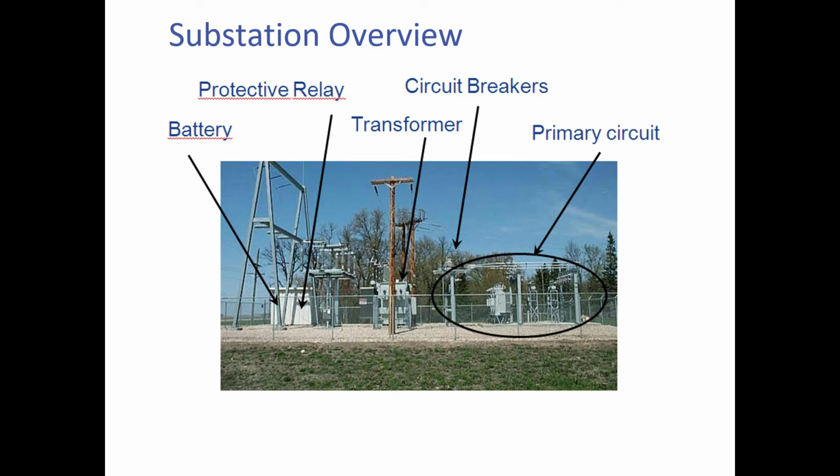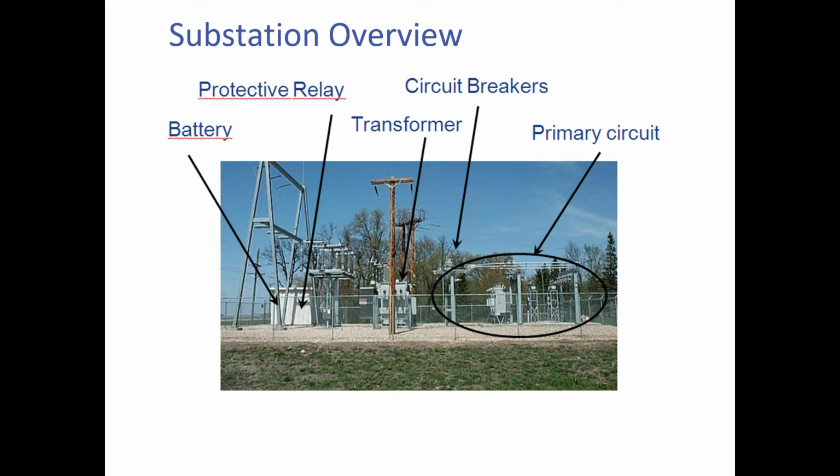So this is basically a general view of a substation, and you all know about the substation. In a substation there are some primary circuits like your transmission lines, which are terminated inside your substations through lightning arresters, CVT, wave traps, then isolators, etc. Then you will have some circuit breakers, protective relays, transformers, then the battery for the DC voltage for the tripping coils and closing coils, etc. So this is a basic substation overview.